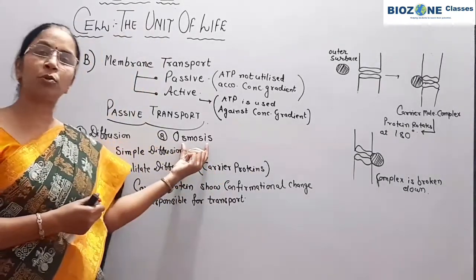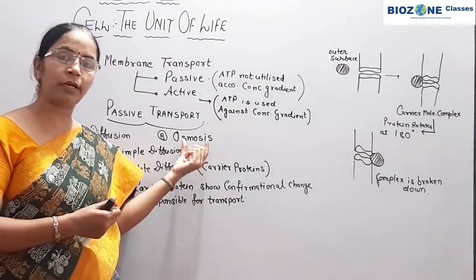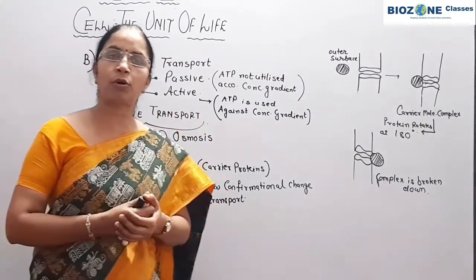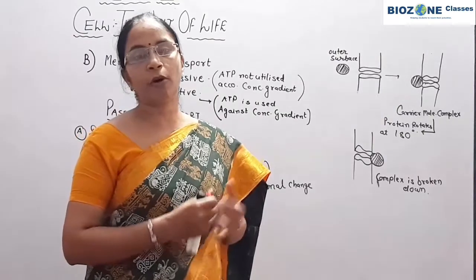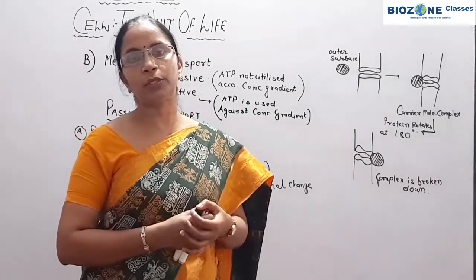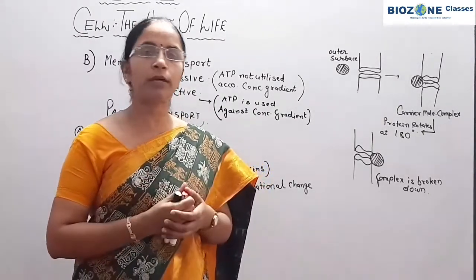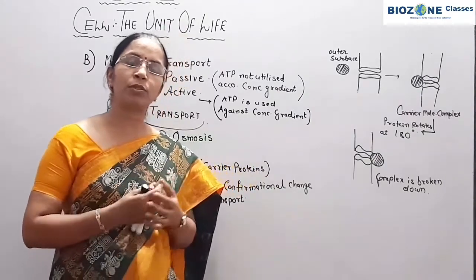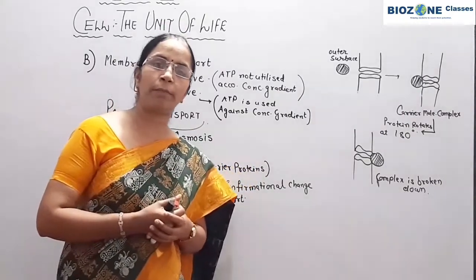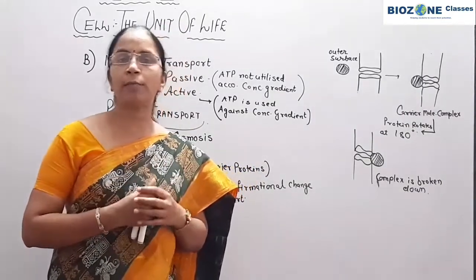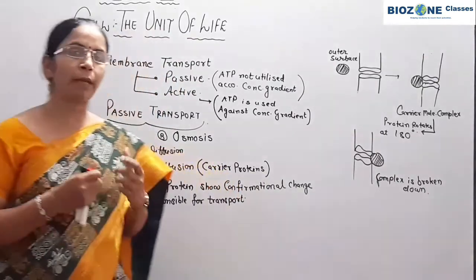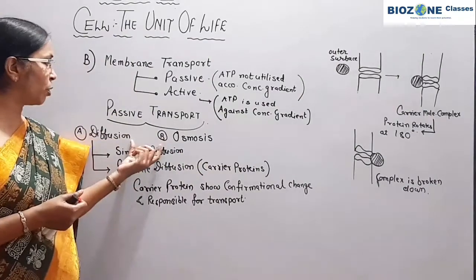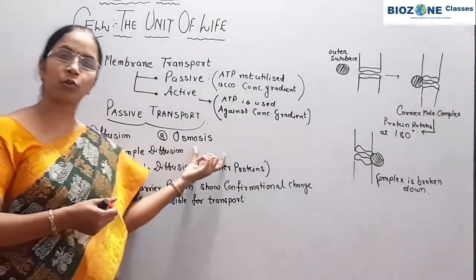And simply, I revise the definition of osmosis here: the process of transport of water molecules across the plasma membrane from their own higher concentration towards their own lower concentration. And the process of osmosis, again you remember, takes place only up to the state of equilibrium. So this part you remember mainly for passive transport, that is, diffusion and osmosis.